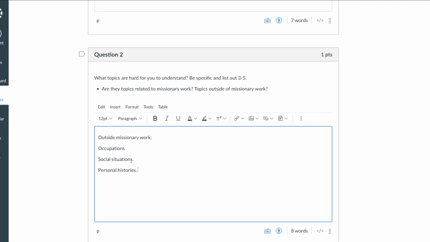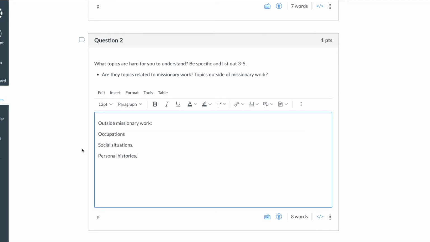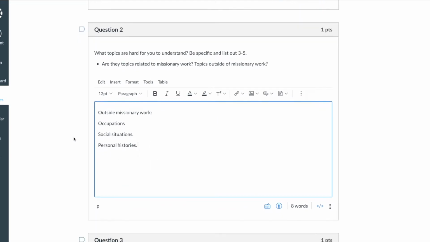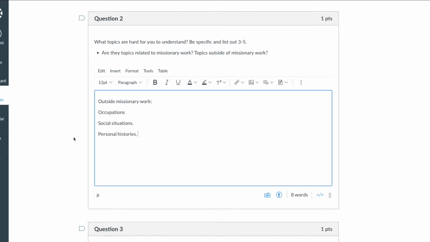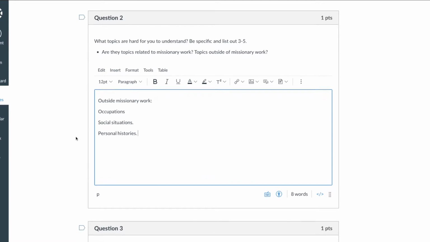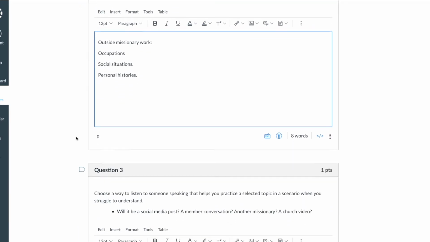So these are my topics that I can start looking at to gain inspiration. I could use this for reading as well. I could use these topics and go, oh, I'm going to read some talks about that. But I can also use it for listening on Facebook or other conference talks or any other place where there's something I can listen to natives speak about those topics.